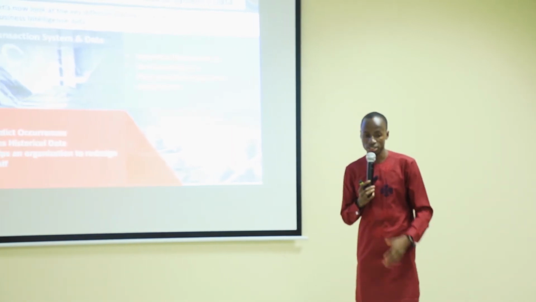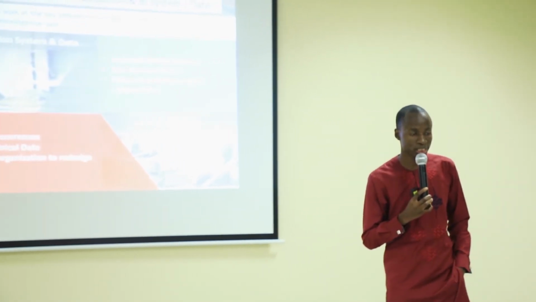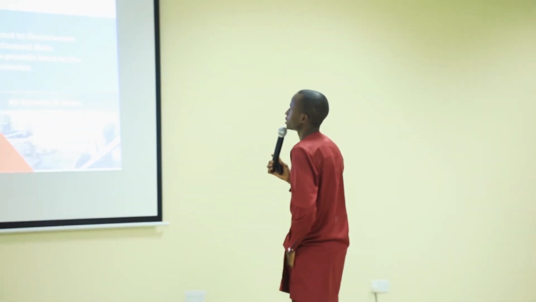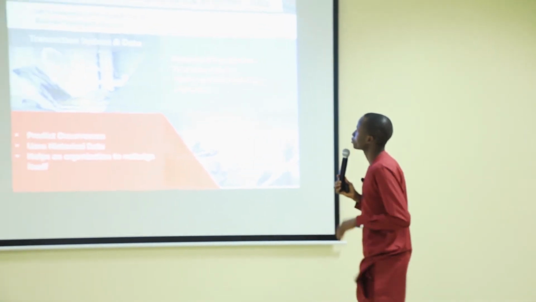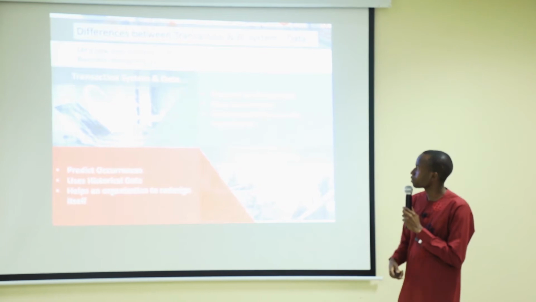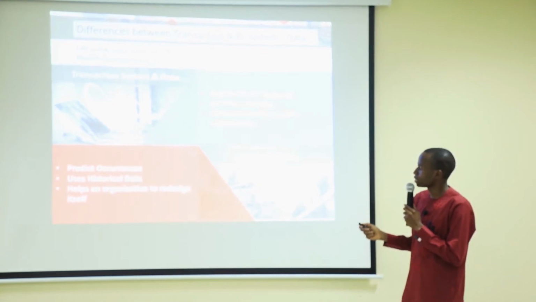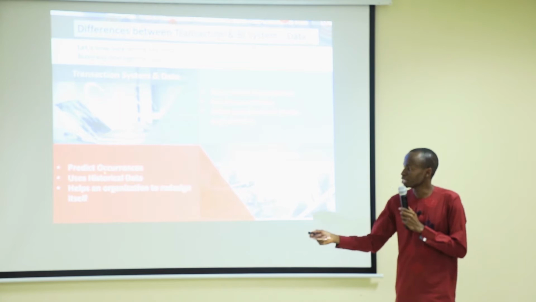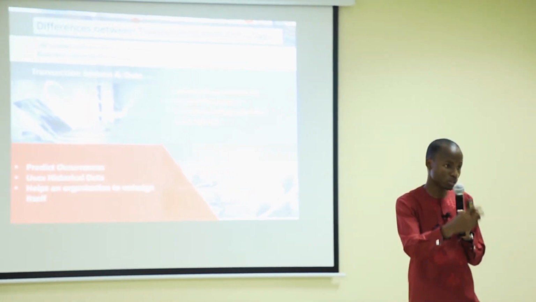So how many of us are going to start implementing data systems in our businesses from now? Okay, yes. So let's look at the key differences between transaction data and business intelligence data. Transaction data and systems respond to occurrences and use current data. That's transaction-wise, all right? Helps provide form to the organization, but the BI helps in predicting future occurrences.